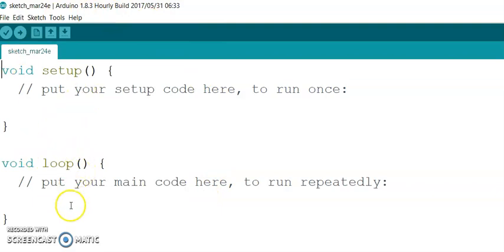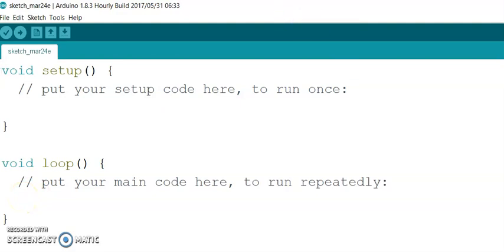Here you can see two parts, void setup. Here the setup code indicates the setting up of hardware, means declaring the functionality of the pins, means input, output, like that. As time passes, you will come to know how to use this section. Void loop. This part indicates the actual functions which you wish to perform using that board.